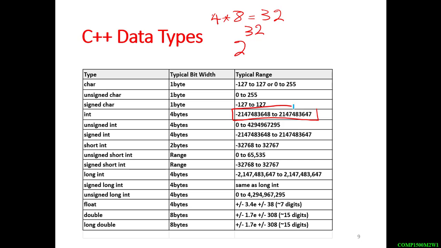2 billion negative, 2 billion positive. Or it's either integer or unsigned integer. Then we have signed integer. These are all normal integers. Then you have short, which is 2 bytes. Here is 4, here it's 2. This one is 1